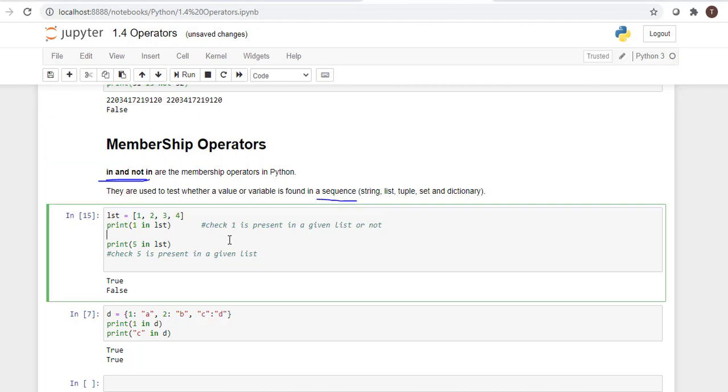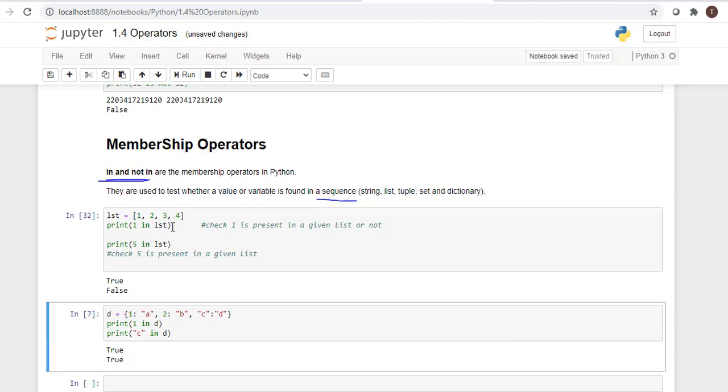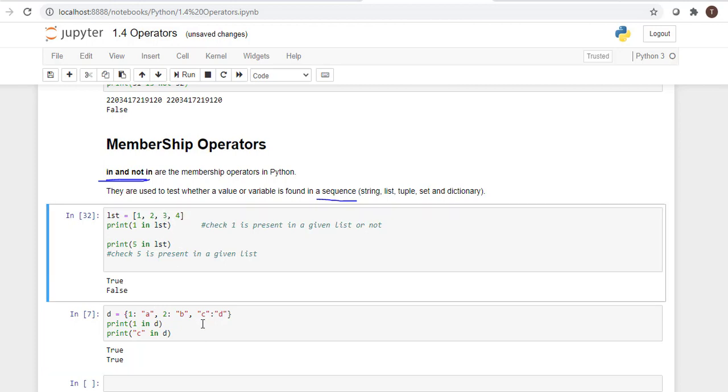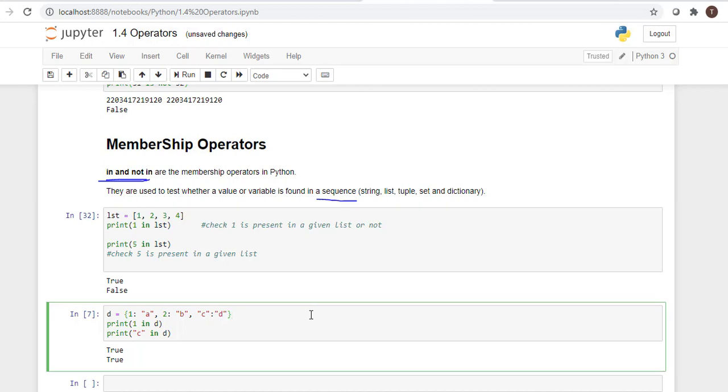Here we have a list with 1, 2, 3, 4. 1 in list: 1 is part of the list, so it returns true, otherwise it returns false. Here 1 in list shows true. 5 in list: 5 is not in the list, so it returns false. Like this, you can check this scenario.